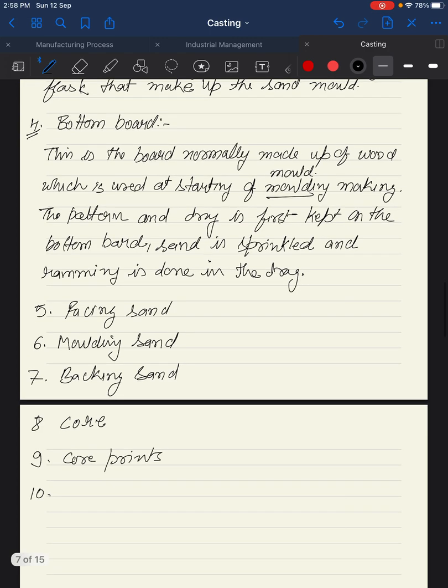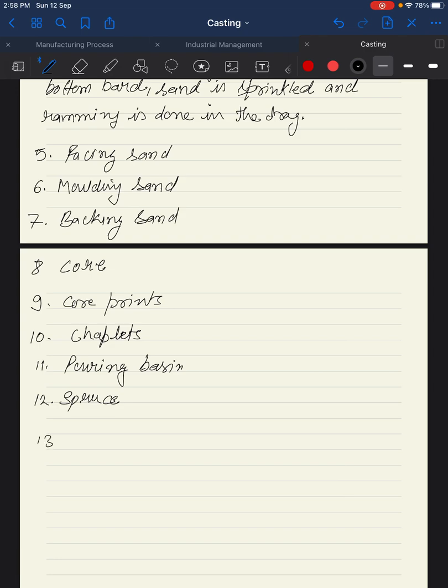Tenth, chaplets. Eleventh, pouring basin. Twelfth, sprue. Thirteenth, runner. Fourteenth, gate. Fifteenth, chills. And sixteenth, riser. Okay,